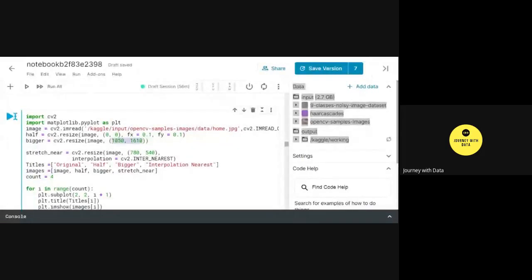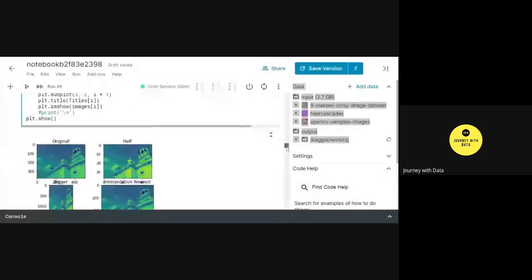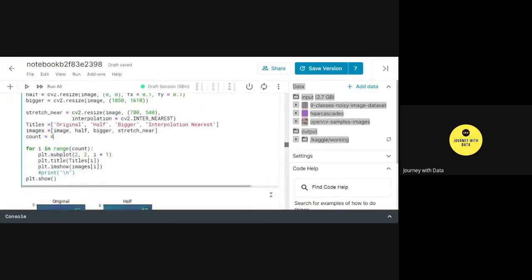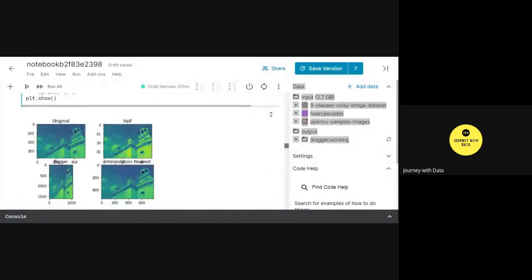And this is nothing but stretching the image and using the nearest neighbor interpolation method, and simply displaying it. That's the bigger image, and if you see it here, that's the original image, that's half of the size, that's the bigger image, and that's the nearest neighbor interpolation.